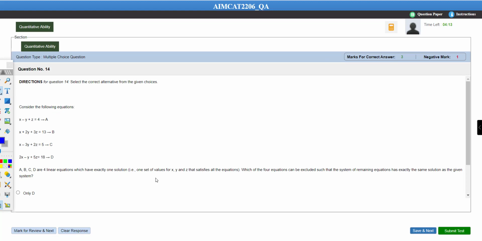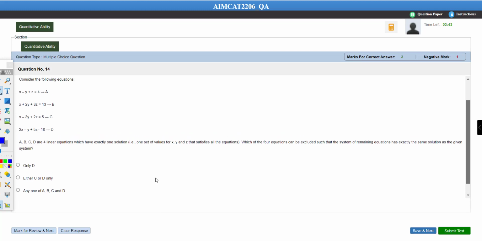Consider the following equations A, B, C, D. These are 4 linear equations in 3 variables. One has exactly one solution, one set of values for x, y, z. Which of the 4 equations can be excluded such that the system of remaining equations has exactly the same solution as the given system? Okay,